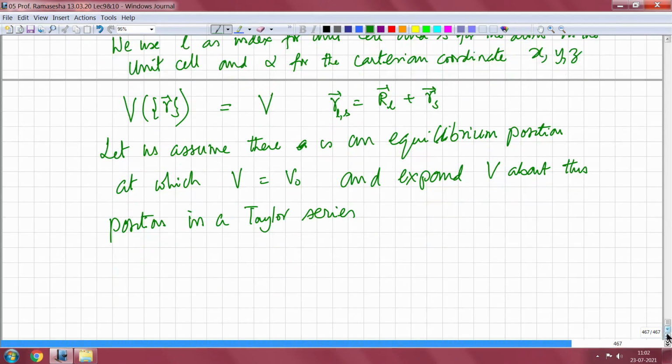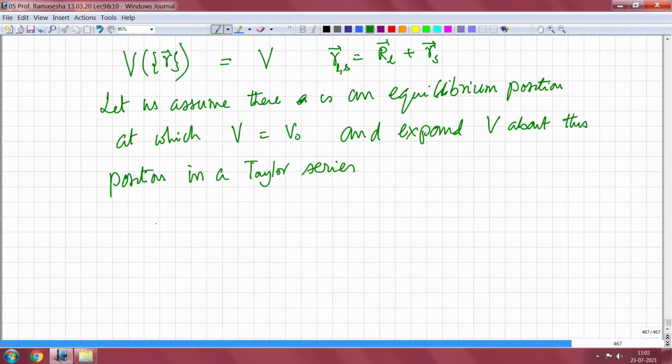If we did that, what we would get is V is equal to V naught plus sigma over all the unit cells, all the atoms, all the positions, del V upon del R Ls alpha times u alpha Ls, where u alpha Ls is the displacement, and I am taking the partial derivative with respect to the movement of the Sth atom in the Lth unit cell along the alpha direction, and u Ls alpha is the alpha coordinate of the Sth atom in the Lth unit cell,